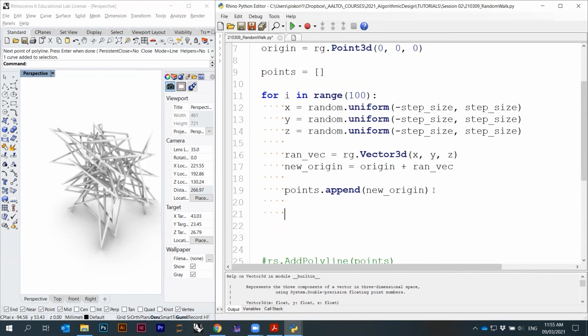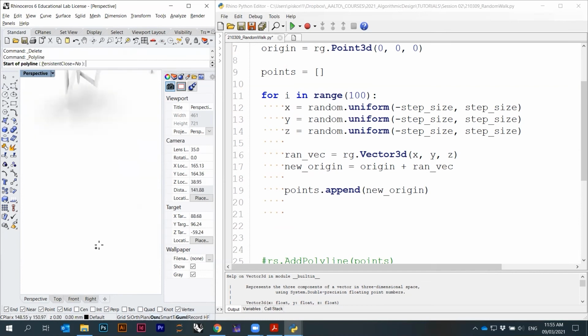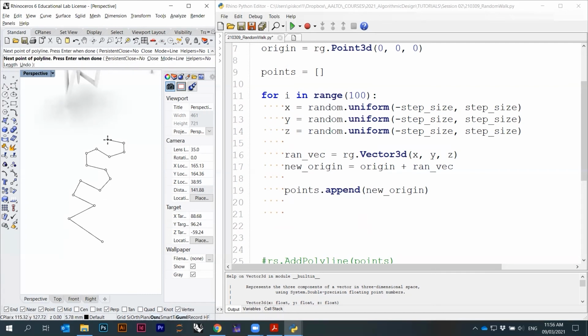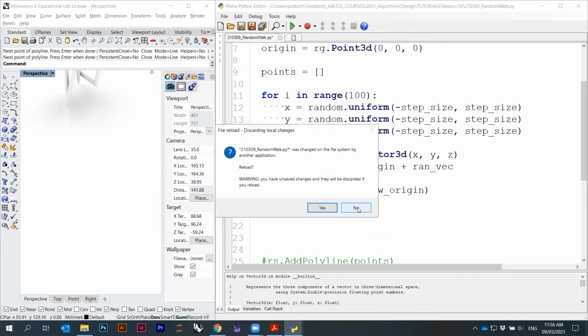Because when I'm doing the walk, I translated a point, great, and now my next starting point, my next origin, needs to be the new origin that I just defined. So I'm not always starting from the origin of the world, but I'm always starting to walk from the previous point that I reached. In order to do that, I need to now define